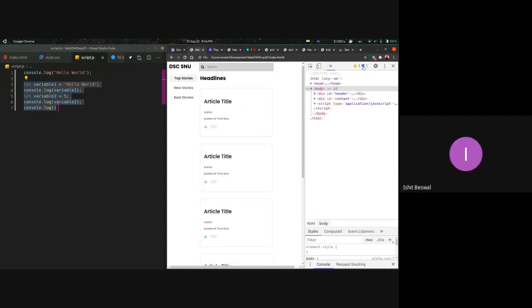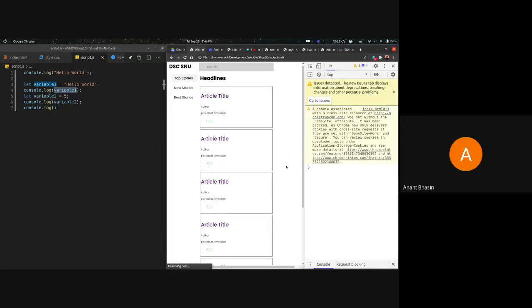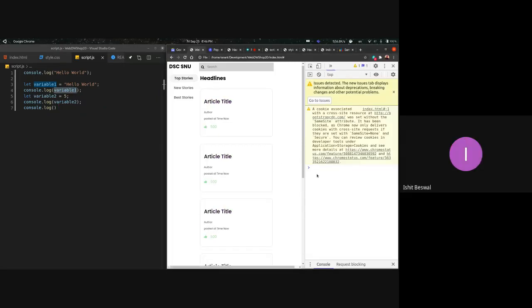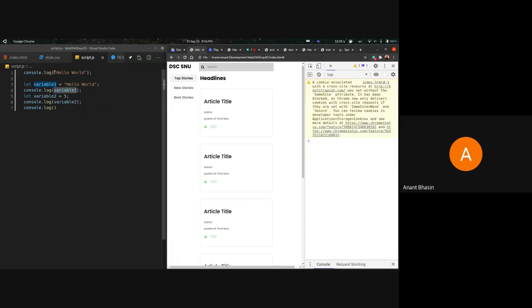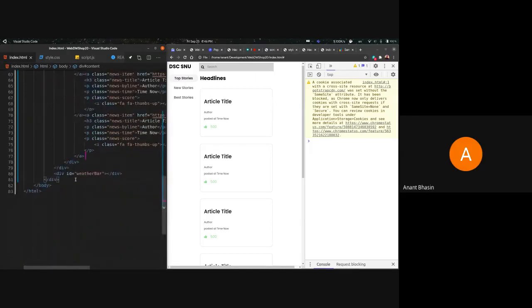Currently, you won't be seeing any console output. There should be some hello world. I think you need to reload the page. Possibly just check. Right, because we haven't included the script tag. Sorry. So let's also import the script now.